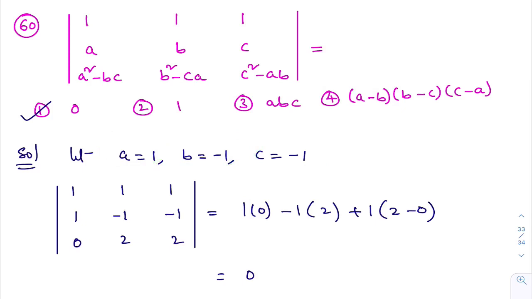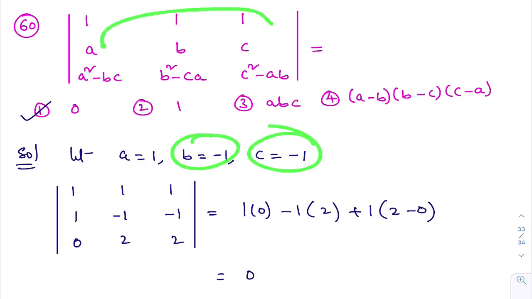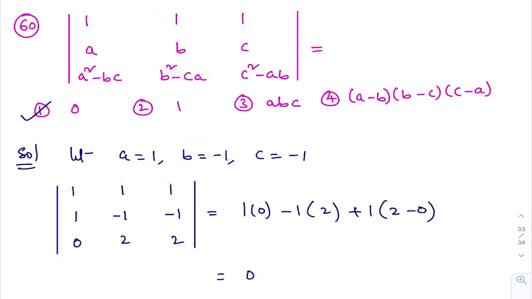So I substituted a value 1, b value minus 1, c value minus 1 in this, so that I got this. Now I'll expand this determinant. You know how to expand the determinant. 1 into determinant of this part minus this element into determinant of this part, all those things. What I got here? I got 0. Now what I'll do, in the options also, in place of a, b, c, when I substitute these values, which option will give you 0? That is the right option. Here directly 0 is there. There is a chance this is the right option. 100% this second option is wrong. This option is also wrong. When I substitute these values, it is not becoming 0. So obviously the first option is the right option. I hope you understand this class.